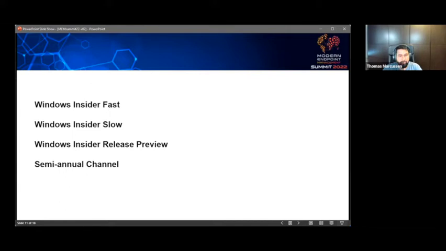The Windows Insider Slow. When the first feedback is collected and processed, updates are pushed to this ring. This channel gets more stable updates, but can still contain bugs, which can make the device unstable. Updates are pushed once a month. Windows Insider Release Preview. Updates in this channel are almost ready for broad rollout. You can choose this ring to test out new features, but also work on stable devices.